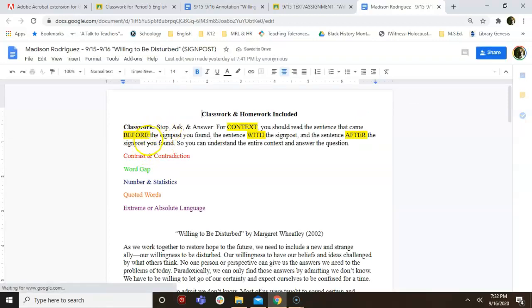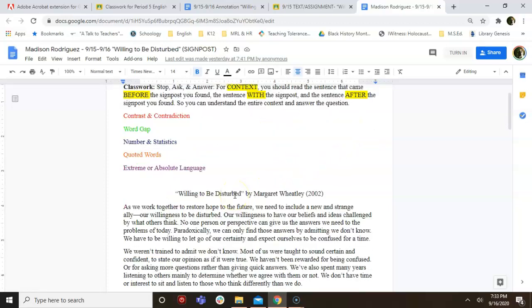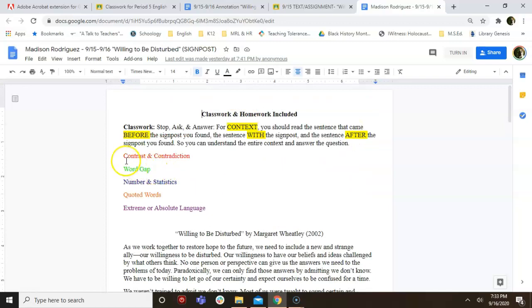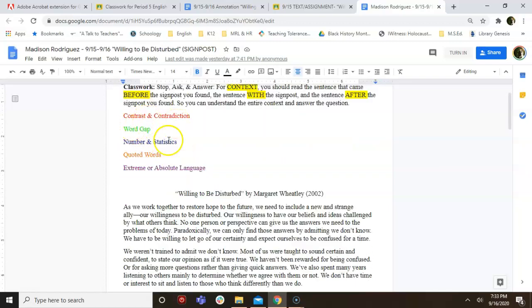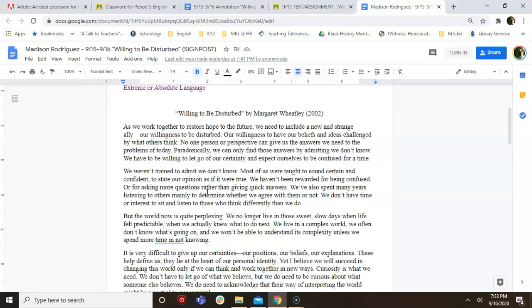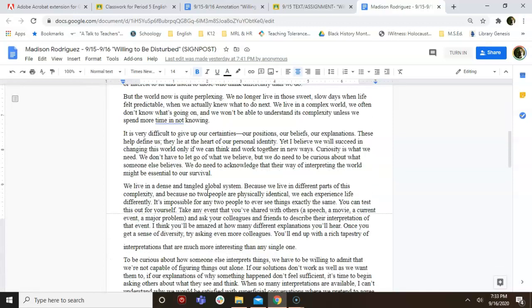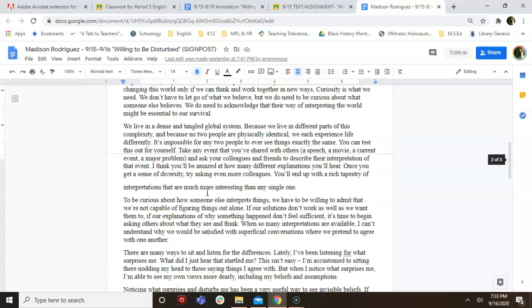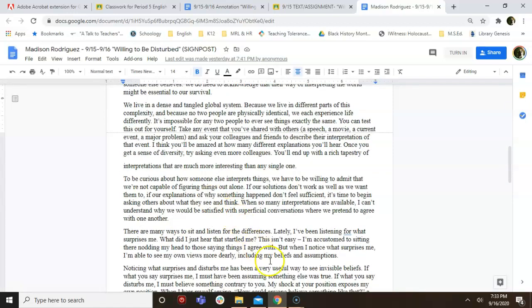So you want to stop, ask, and answer for context. You want to read the sentence before the signpost, the sentence that has the signpost, and the sentence that came after the signpost, so that you can understand the context. Let's say that we are doing contrast and contradiction. We're going to put that in red. I look through this. Where can I find a contrast and contradiction? And I'm like, oh look,